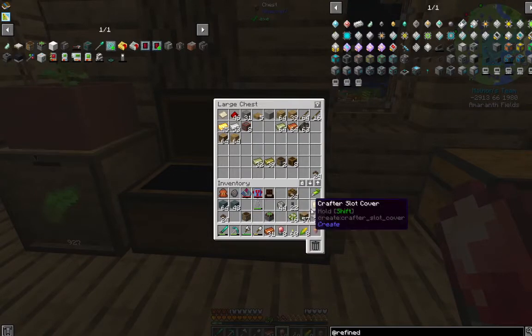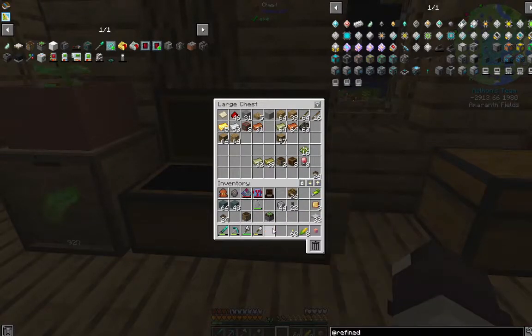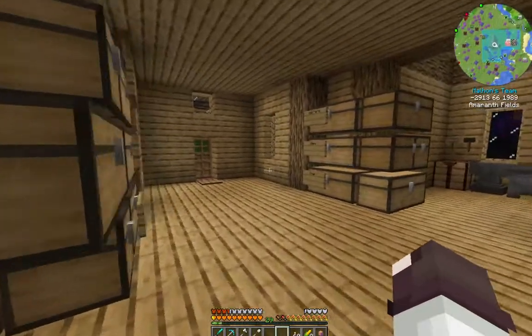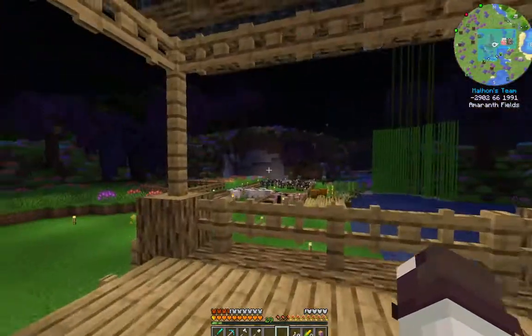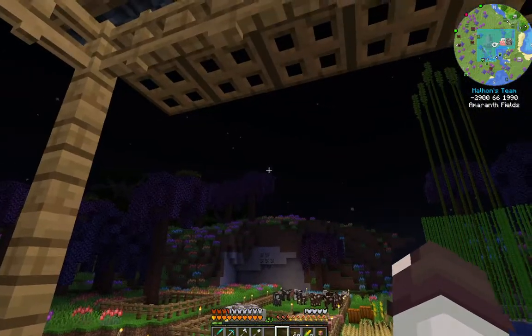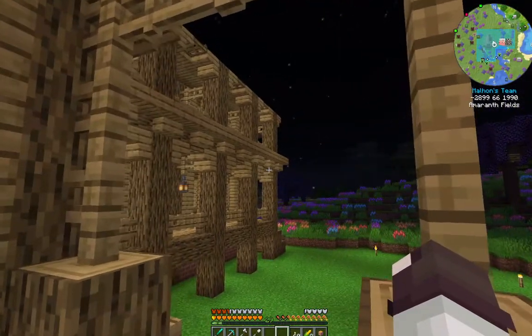I'm just going to create a quick windmill here. We'll just put this stuff in here for now. Yeah. Shift all that in. There we go. This is not where it's going to be, of course. I was actually thinking about creating it right over there, kind of up higher, but